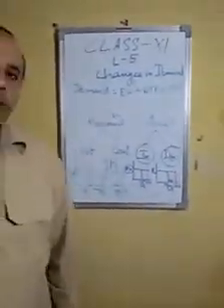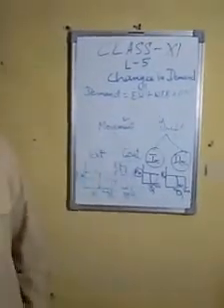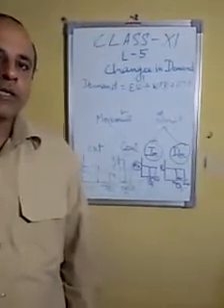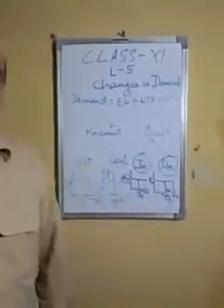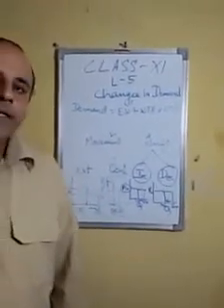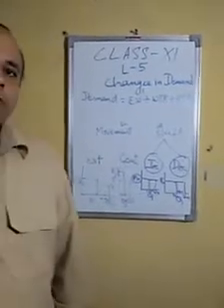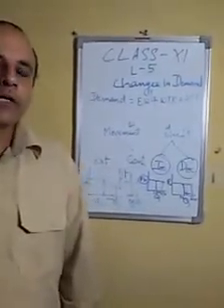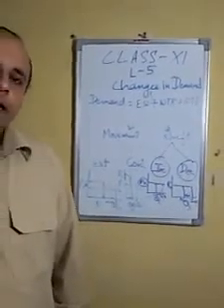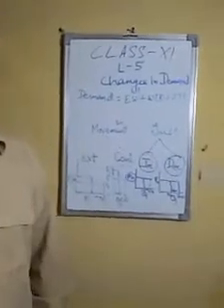When I am talking about related goods, it means substitute goods and complementary goods. Substitute goods are tea and coffee. Suppose the price of coffee is increasing, this means there will be an ultimate increase in the demand for tea. Second is complementary goods. Complementary goods are those which are used jointly, like car and petrol. If the price of car is increasing, this means the demand for petrol will go down.